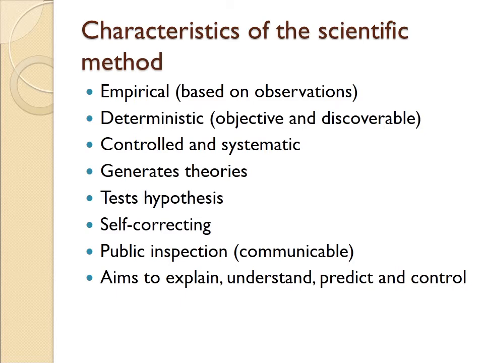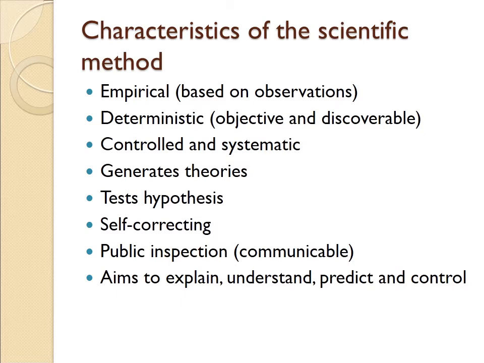So discoverable means through observation we can find these causes and effects, and objective means that they are discoverable and agreeable on. We can look and all agree, this is what's happened in this situation, and this supports our scientific theories. Now, beyond this idea of empiricism and determinism, the next step of the scientific method is the idea of